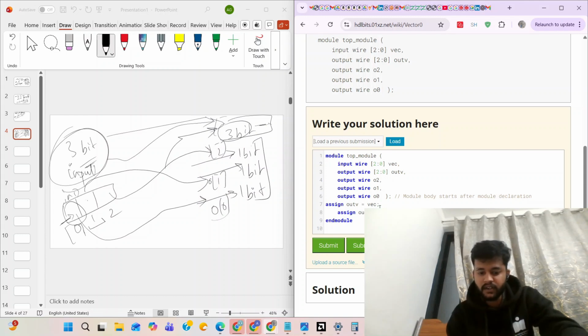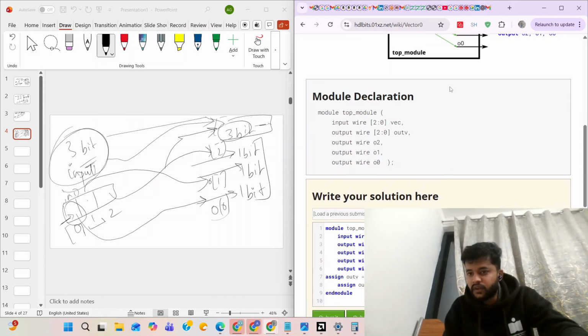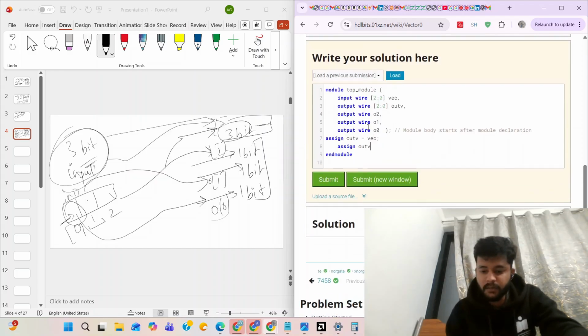I'll write the code. What is the output? O2 is connected to the MSB bit of the input vector. So assign O2 equals the input, and here we will write [2].